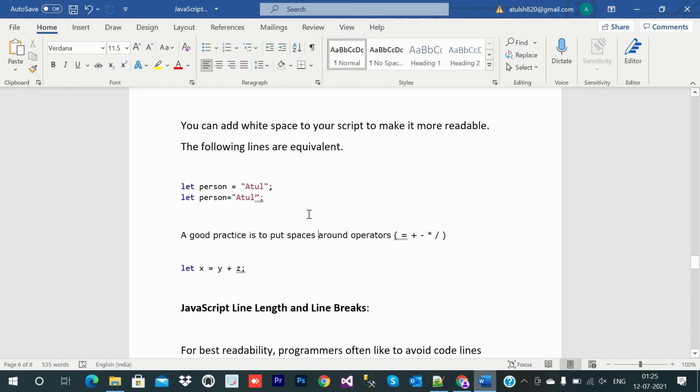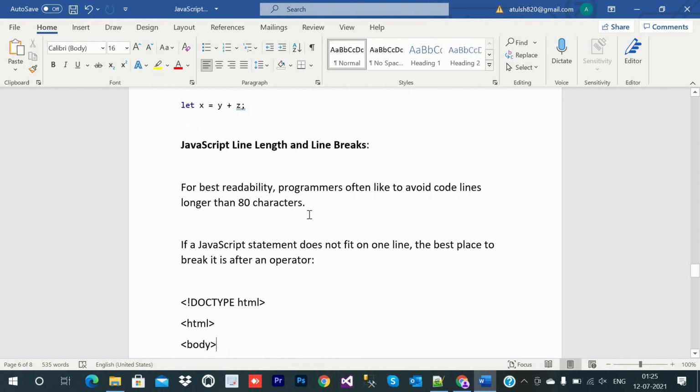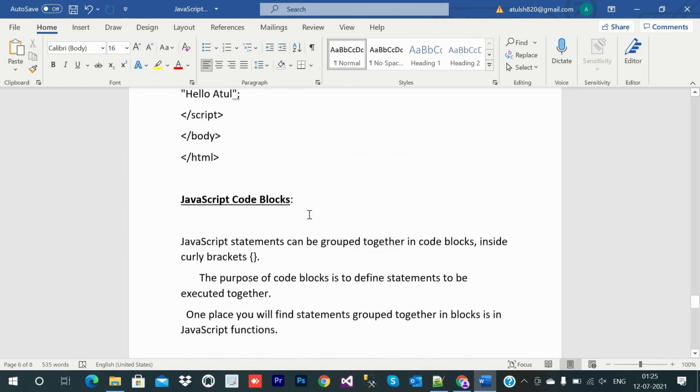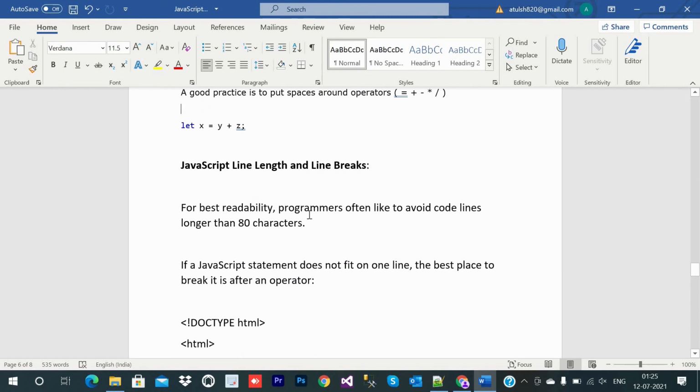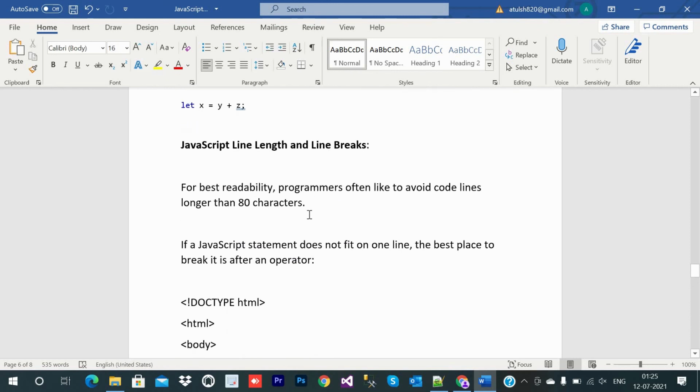Let's discuss the next thing: JavaScript line length and line breaks. After that, JavaScript code blocks, and this class is over. For best readability, programmers often prefer to avoid code lines longer than 80 characters.